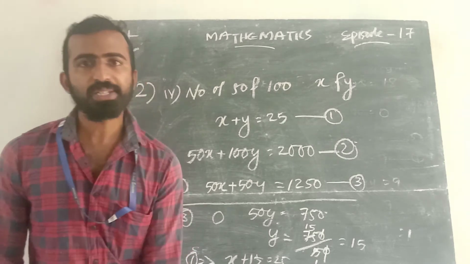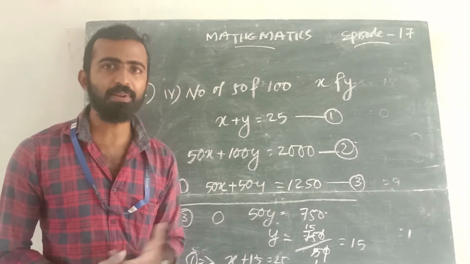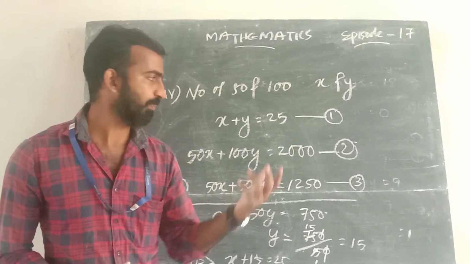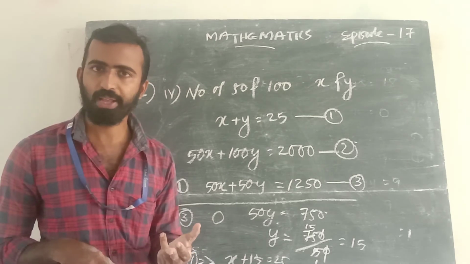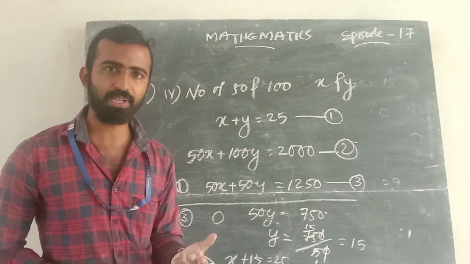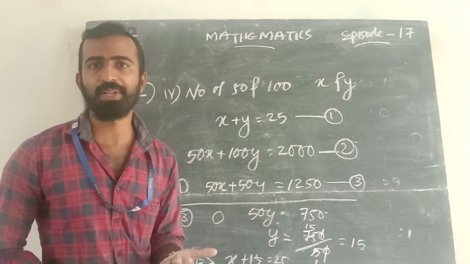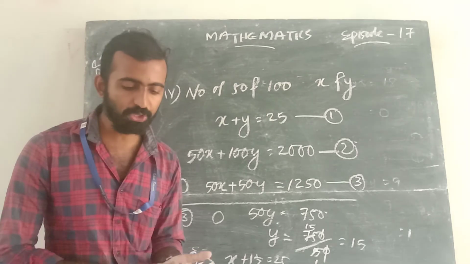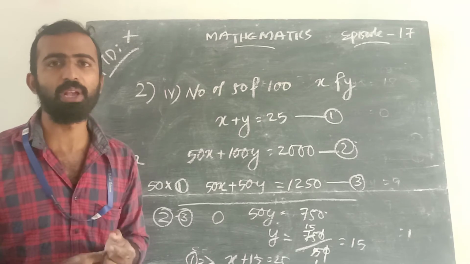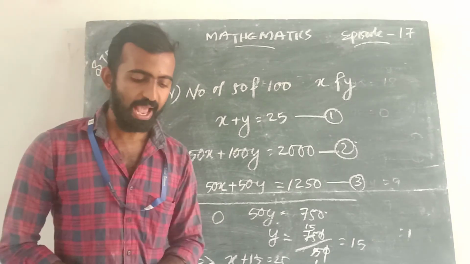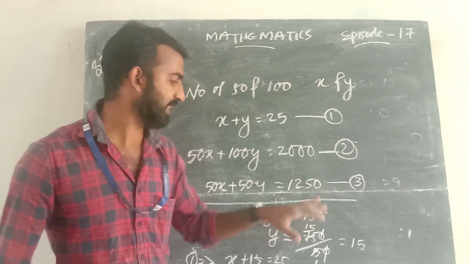Next we are going to study a new method. In the previous session, we studied the graphical method, the substitution method, and the elimination method. Now we are going to study equations reducible to a pair of linear equations in two variables. And the first example is, can we start? First example is what?